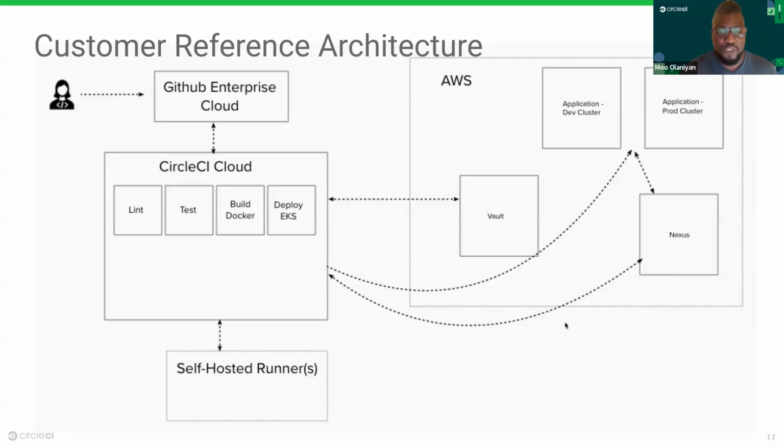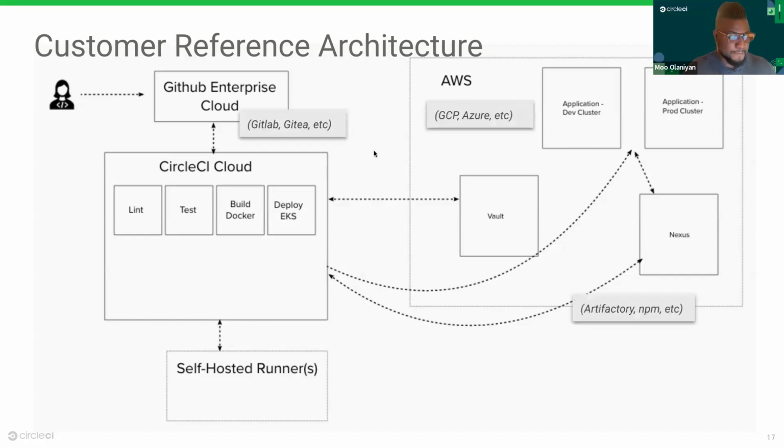And then we'll deploy that application to either a development or production cluster hosted on AWS, EKS, right? In order for these jobs to be successful, we also need to pull credentials from a Vault instance, which is stored in AWS. We also have some of our jobs running on our own self-hosted runners down here, all right?